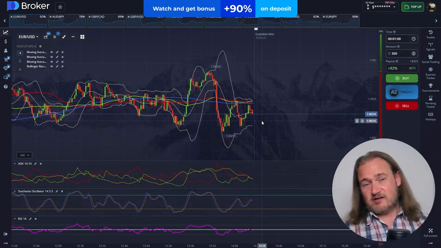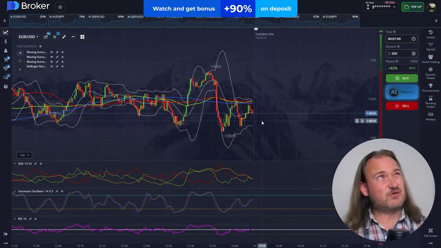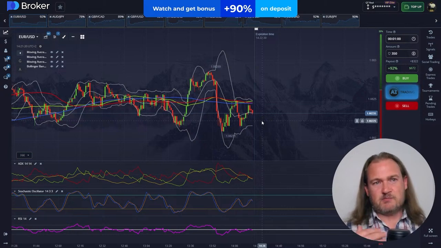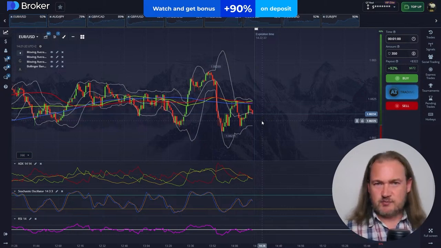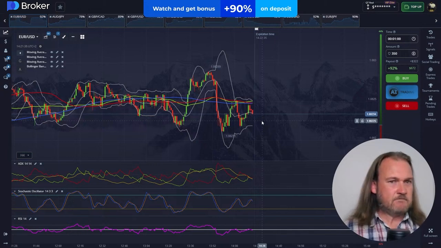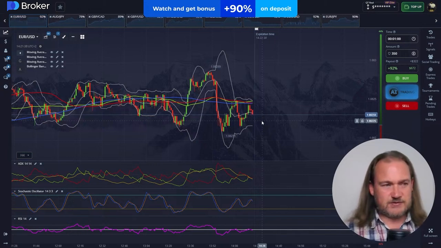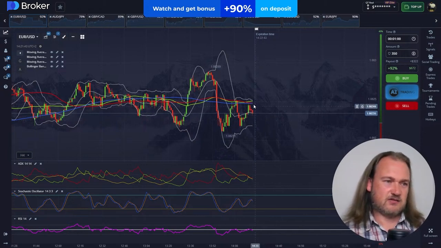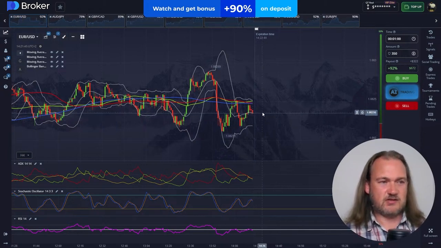I lost 2 trades in a row, but won another, I think it was 4, after that. And I did not get emotional when I lost those trades. My money management is fine. I'm not trading too big so that I run into trouble if I lose a couple of trades. It all helps. Okay, so it looks like price does want to go down a little bit,